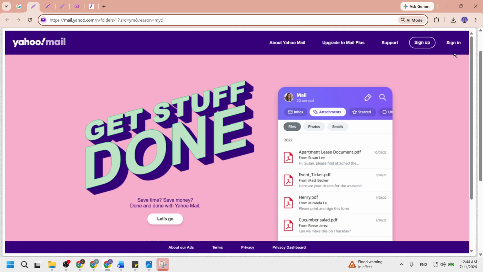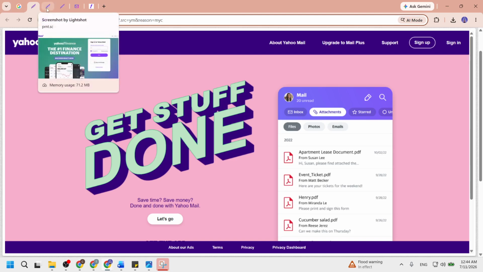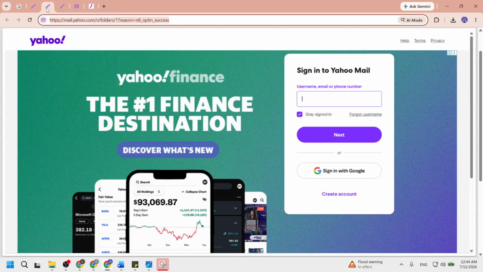Once you click the link, the homepage will load and you will see various options including news, finance, and of course the sign in button. Now locate and click the sign in button on the top right corner of the Yahoo homepage. This button is usually highlighted and easy to find. By clicking this, you are starting the process of accessing your email account. This action will redirect you to the sign in page where you will enter your login information. It's a straightforward step, but it's the gateway to accessing your email, so make sure not to skip it.